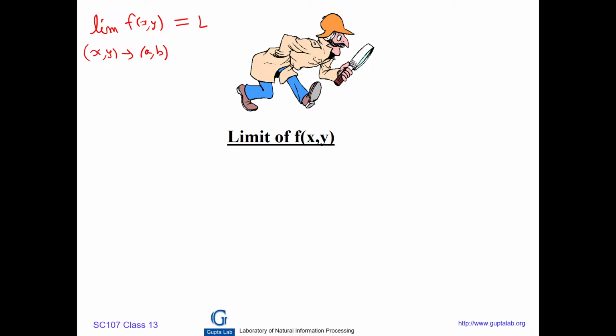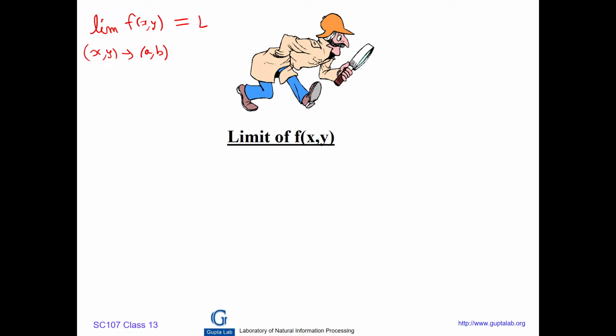But there the neighborhood is again an interval because the function is from R square to R. So on the right hand side there is a point L and an epsilon neighborhood. So that means mod of f of x comma y minus L is less than epsilon. So how do you define the definition? If for every epsilon positive there exists delta positive such that, I am just now talking in terms of distance, such that distance between x comma y and a comma b is less than delta. I mean, whenever, sorry,